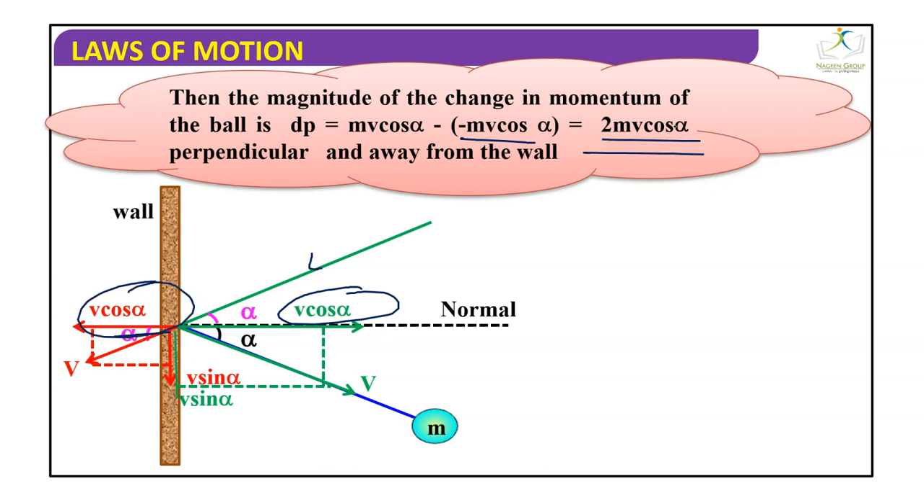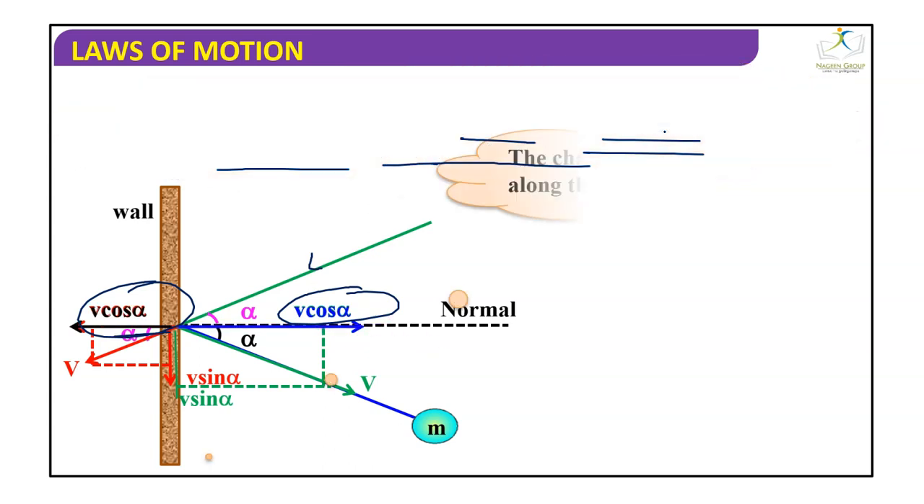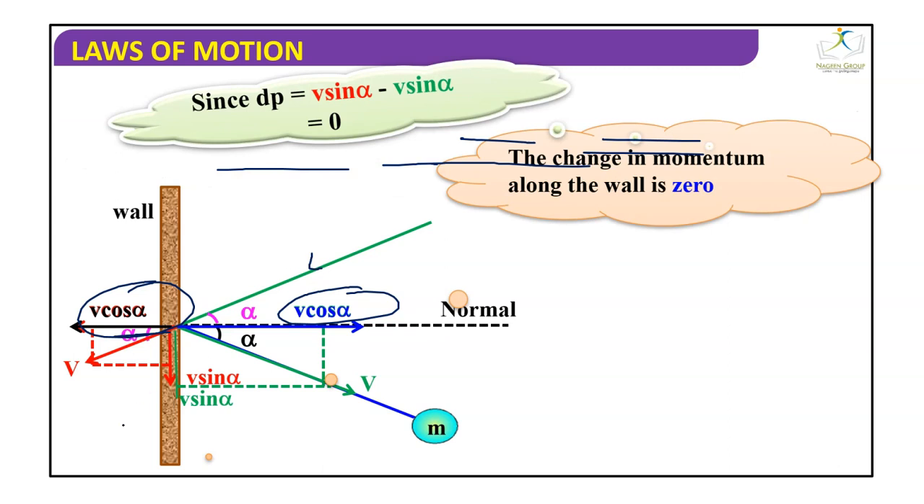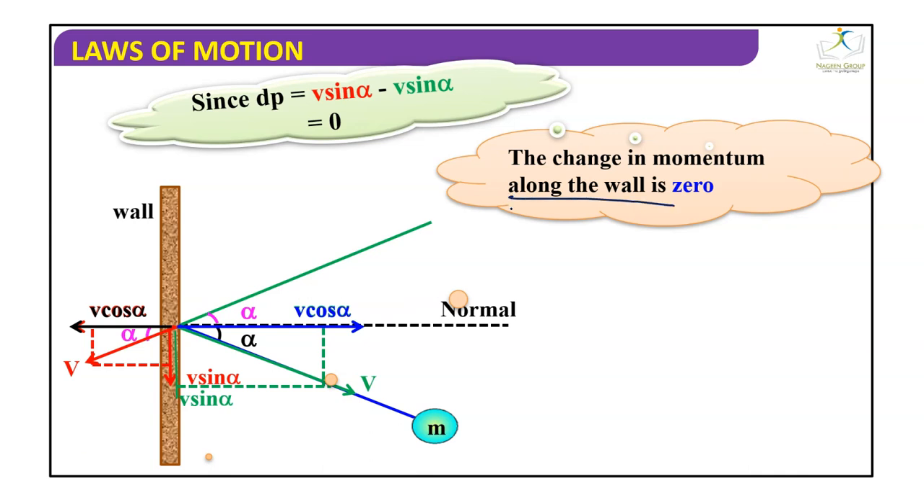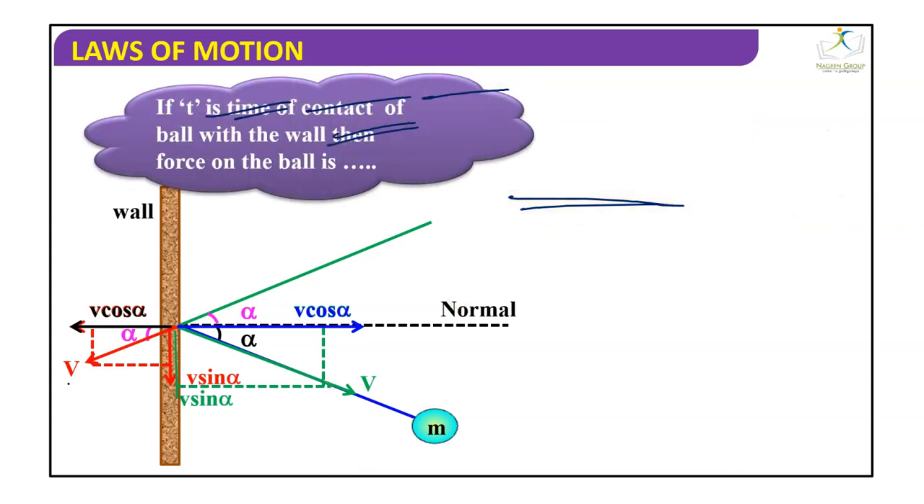So here we can say the change in momentum is 2mv cos alpha perpendicular, away from the wall, and 0 along the wall. That is dp: v sin alpha minus v sin alpha is equal to 0 in this scenario. If t is the time of contact of the ball with the wall, then the force on the wall is